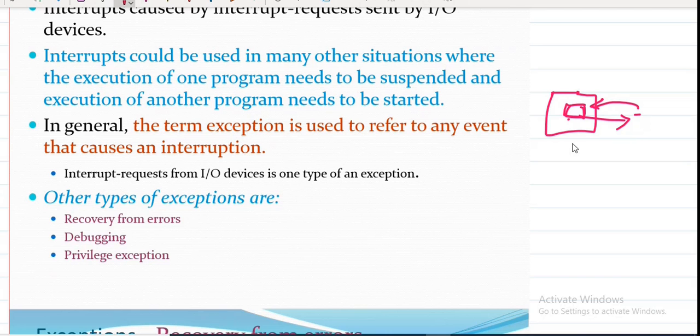Similar to subroutines, even interrupts work. That means it has to suspend the execution of the current task and start the execution of the new task. In between, it will take some amount of time before handling that interrupt request. That I already told you; it is called interrupt latency.